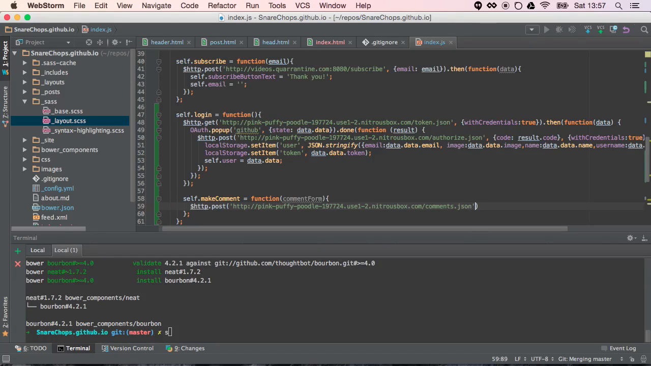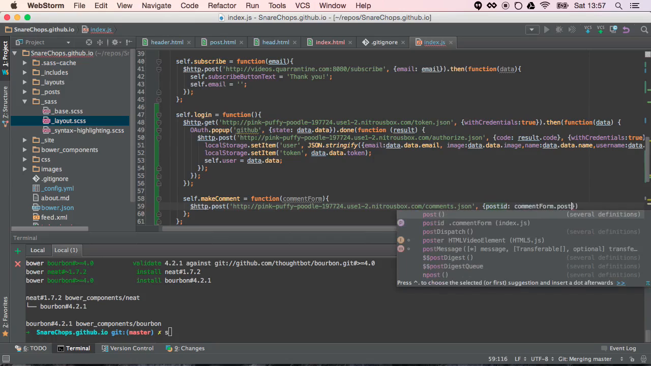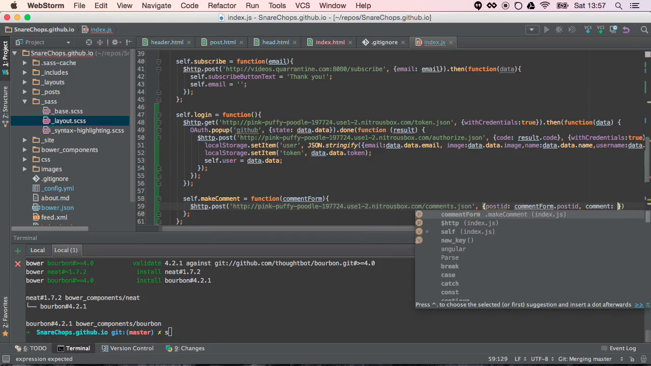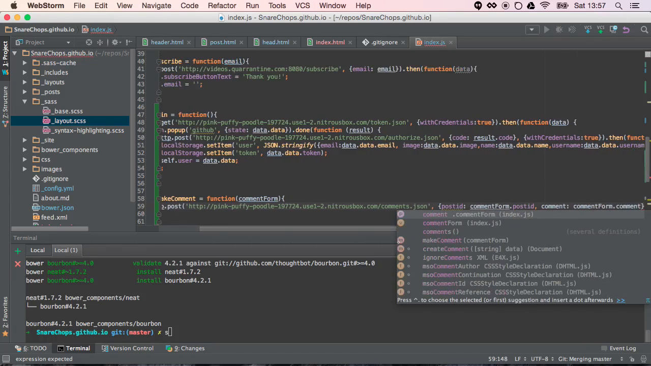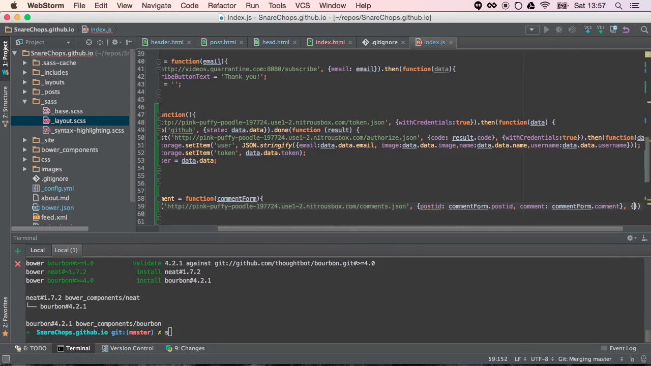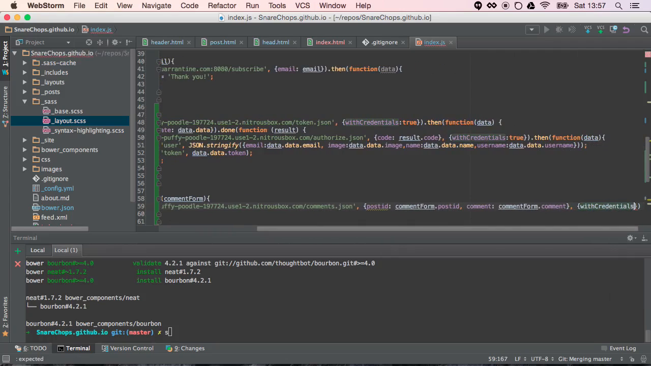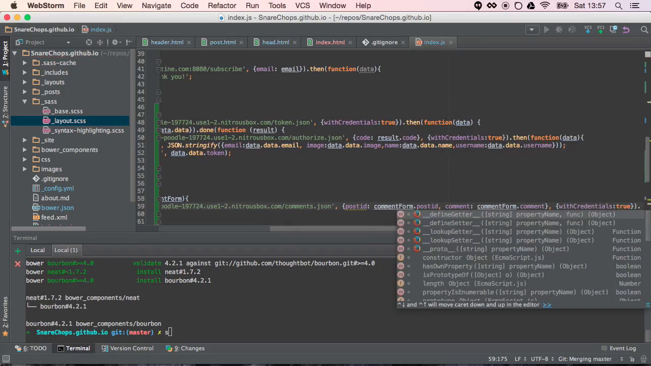Yeah. And then we're going to pass in our post ID being comment form dot post ID, and our comment being comment form dot comment. Then we need to do the with credentials of true, and then we can do a dot then